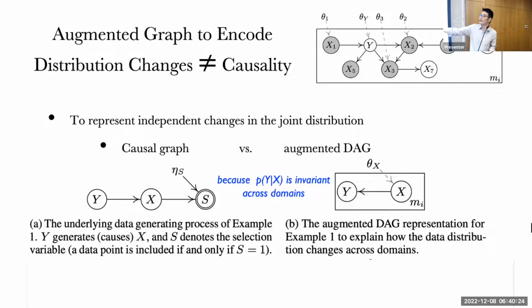Then this would be a very economical graph to represent how the distribution changes. Under some assumptions, if you assume there is no selection bias, then this would be the causal graph. But here we have selection. As a consequence, you can see this graph we discovered from data is totally different from the true causal graph. In the true causal graph, disease causes symptoms. In this graph, symptoms seem to cause disease. Why? Because the assumption of no selection bias is violated.